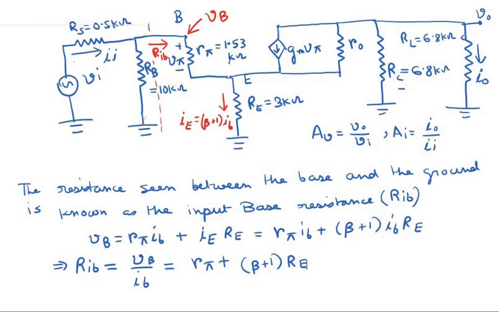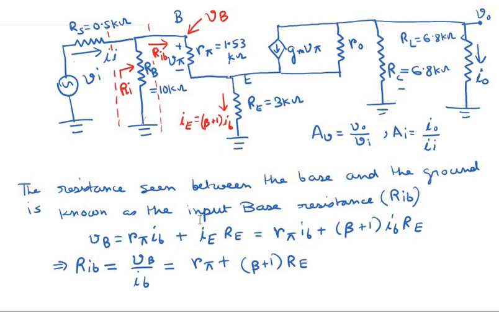Now, the total resistance seen when one looks into the amplifier is basically known as the total amplifier input resistance, or the total input resistance of the amplifier. Okay, so when we consider the total input resistance of the amplifier, this total part is the voltage source, and RS is basically the source resistance. It is the resistance of the voltage source. So the total input resistance of the amplifier is the resistance that one sees when one looks into this terminal in this direction. So this is denoted by Ri.